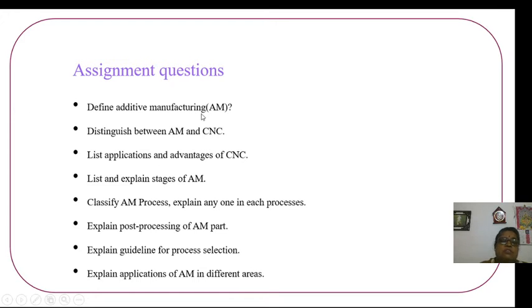Some of the assignment questions I would like to highlight, also referred from previous question papers: define additive manufacturing. You are supposed to define only additive manufacturing. Observe the marks, and based on those marks you have to write up the theory. Additive manufacturing, as you know, is a term given by the ASTM F42 committee. This technology can make anything. It eliminates many constraints imposed by conventional manufacturing. It also leads to more market opportunities.